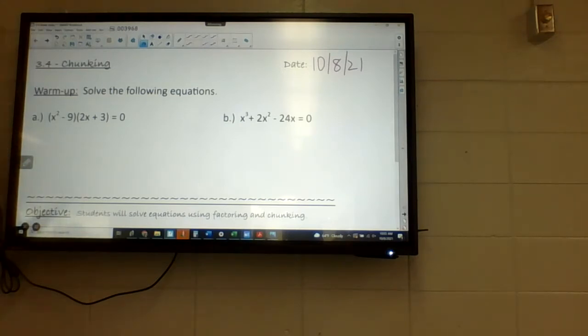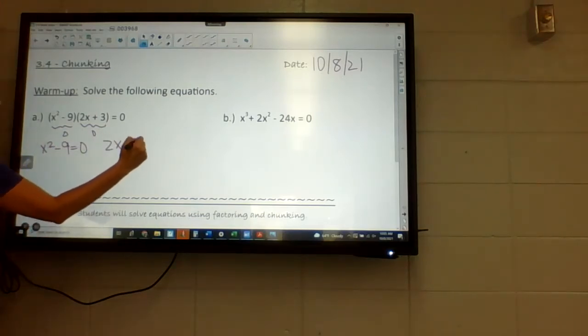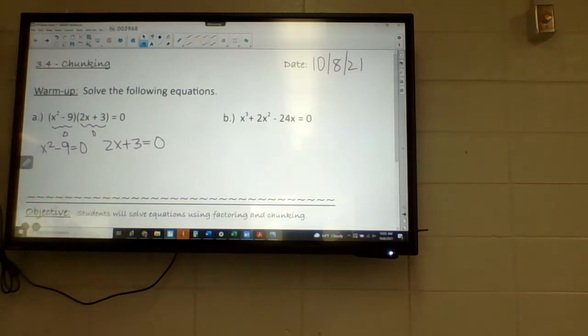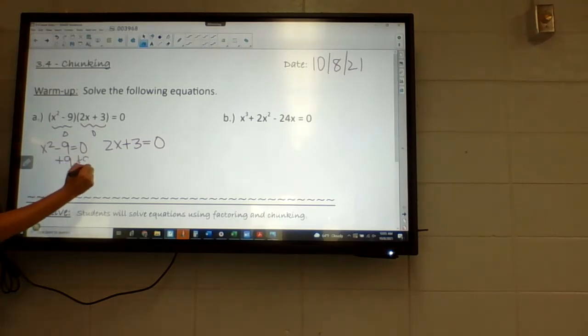We can use something called the zero product property here that says that these two, or like either of these, if they're multiplied together, one or both of them should be 0, right? Because if this equals 0, and we're multiplying two things together, one of those sets of parentheses has to be 0. And again, I'll get back to what you did in a second. So we basically just set up a couple of equations here and say what would make this equal 0, or what would make this equal 0. Now Caitlin has a third one, so she has this one split into two, and that will work just fine in a second here. So the reason now I can solve these, I move this 9 over, and I get